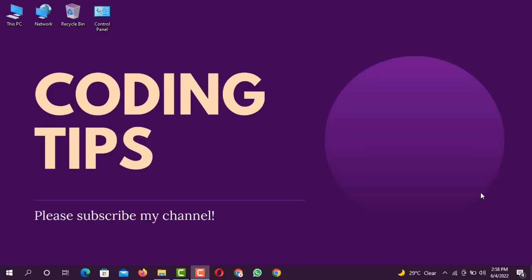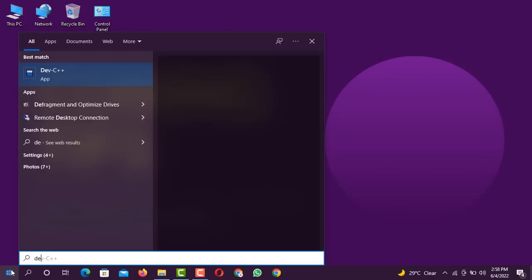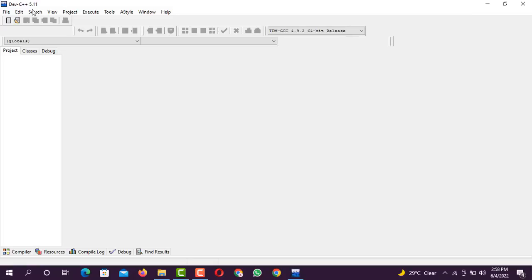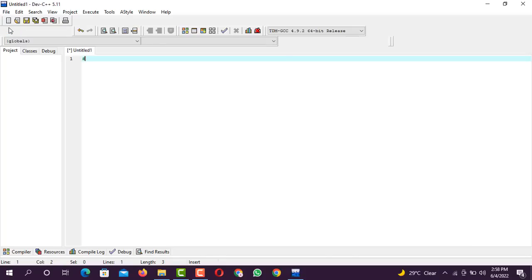So first you need to open the compiler that you are using for coding. I am using Dev C++, so I am going to open Dev C++. I have opened my compiler, and after opening it you will need to create a new source file. In the source file you need to write some header files first: #include <iostream>,